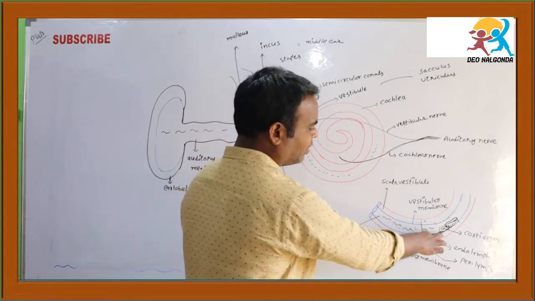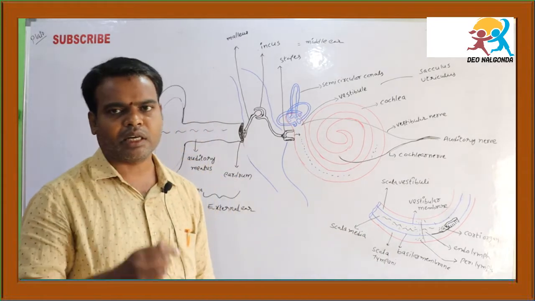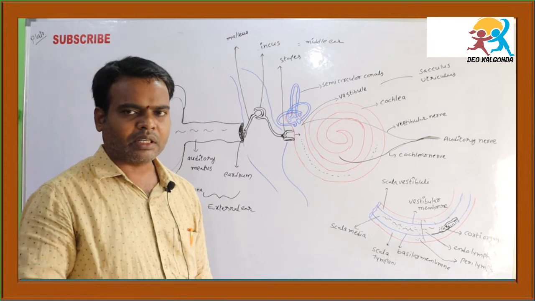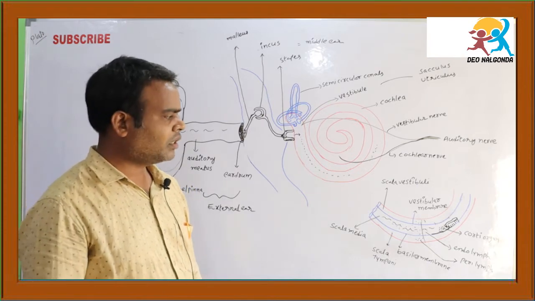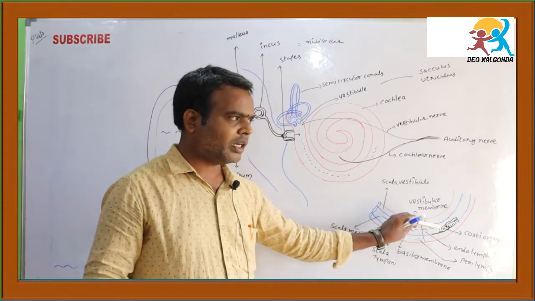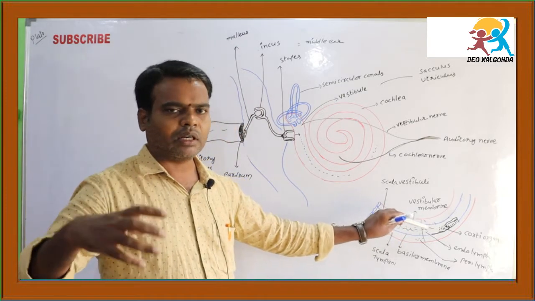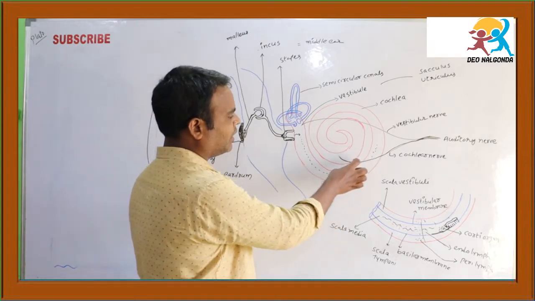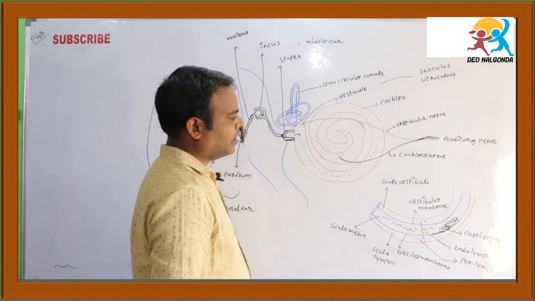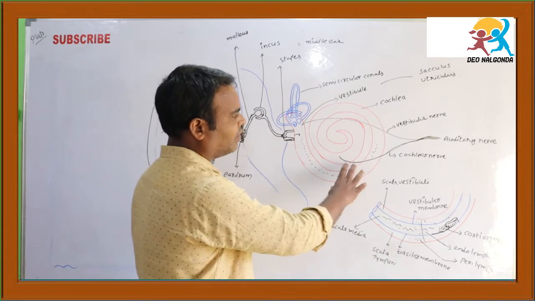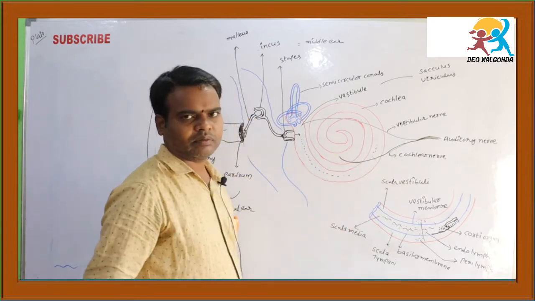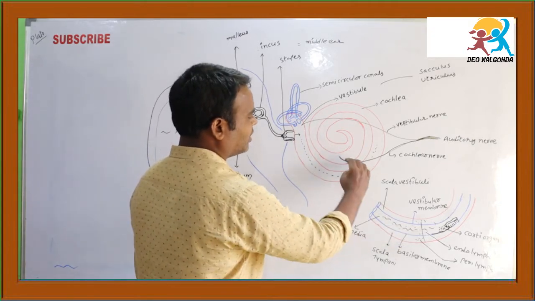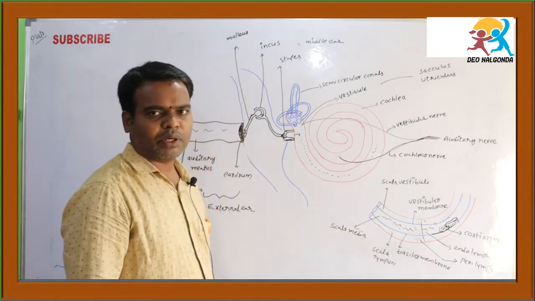These waves are created when the fluid, the endolymph, is vibrated. You know I already told you that the basilar membrane contains cilia-like structures. They are the receptors, sensory receptors, auditory receptors. Those receptors collectively are called the organ of Corti. Where are they present? They are present inside the cochlea. All the receptors together form the cochlear nerve, and thus the sound vibrations through the receptors are transmitted to the brain.